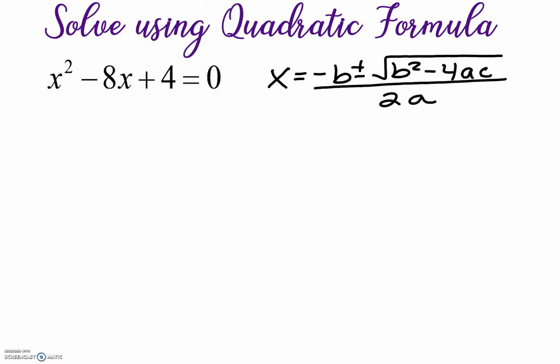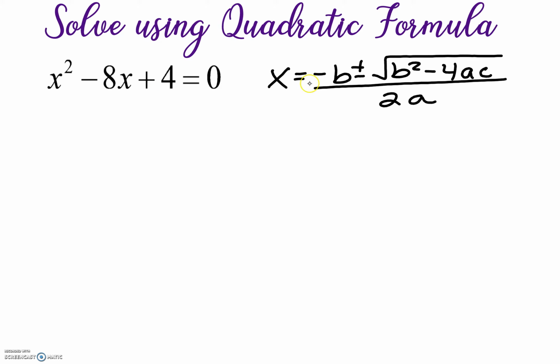Hey guys, so we're just going to look at the quadratic equation x squared minus 8x plus 4. If we were to try to factor this trinomial, we would try to think of two numbers that multiply to positive 4 and add up to 8. There is no combination that does so, so one of the methods that we could use is the quadratic formula,